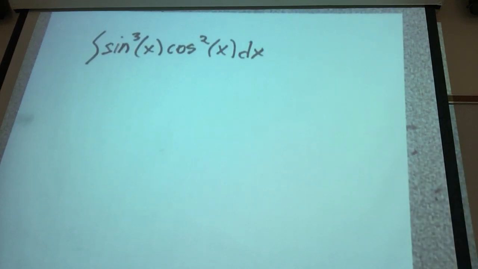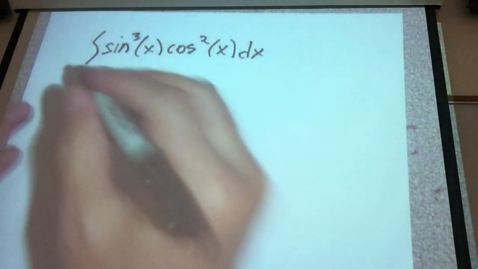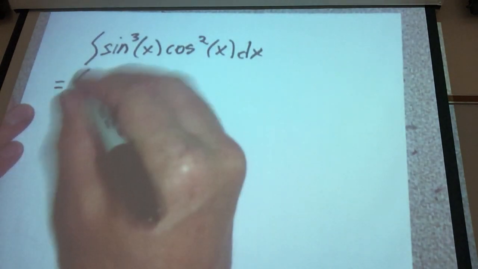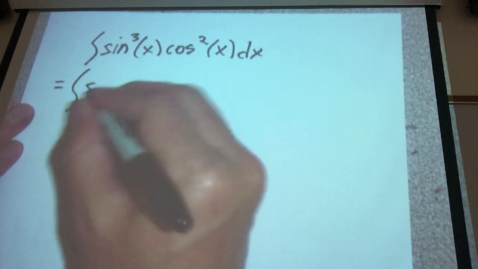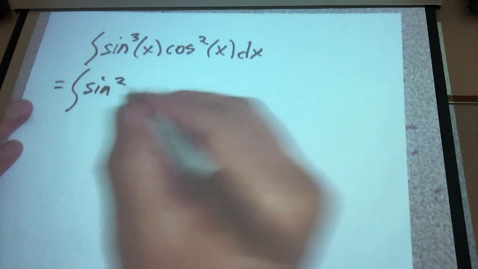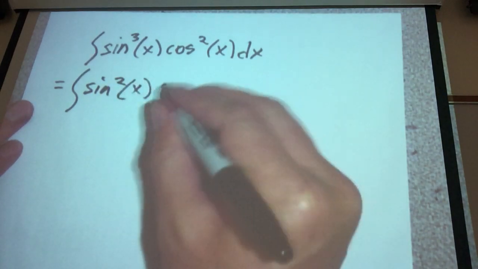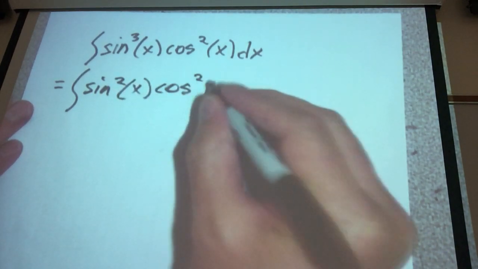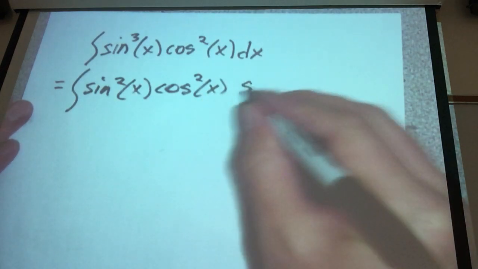Now for this problem, whenever you're dealing with trigonometric integrals, you're always looking for the odd component, so that we can use a trig identity and pull that odd component off so that we can do u substitution. So this would equal the integral of sine squared of x times cosine squared of x times sine of x